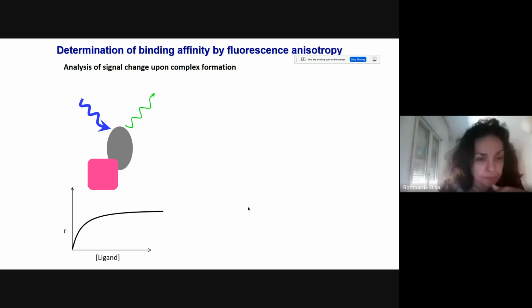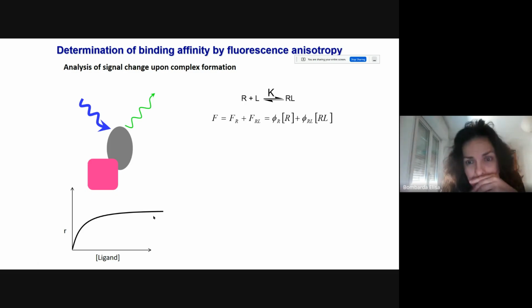And I can monitor the anisotropy as a function of the concentration of ligand that I add. So I can practically follow the saturation of my receptor using anisotropy. And then, let's say it's a simple binding reaction, I can also extract the equilibrium constant, determining the parameter, because, on one side, the fluorescence signal that I measure,